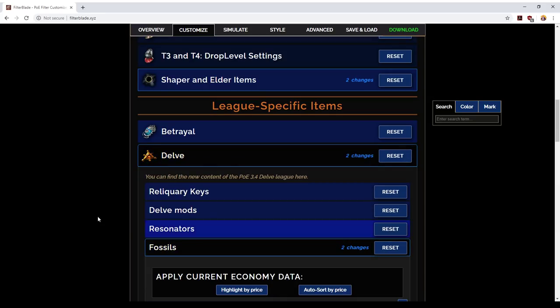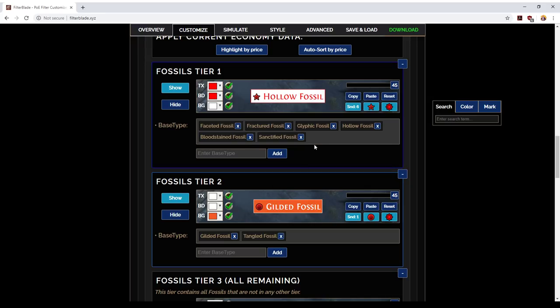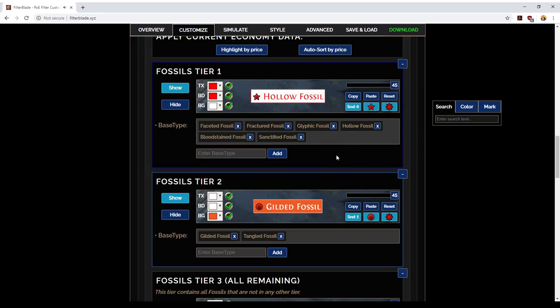I've re-tiered the fossils slightly, but not anything substantial. I have raised Sanctified Fossil into the Exalt tier items, not because they're currently at that point, but they are more valuable than Divine Orbs and Orbs of Annulment at the moment. I've also raised Glyphic Fossils into that tier. These are basically economic predictions rather than